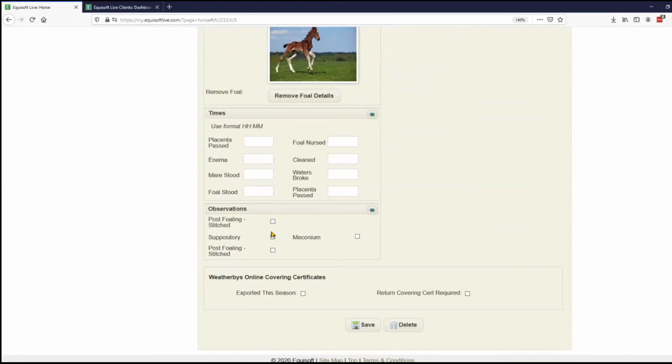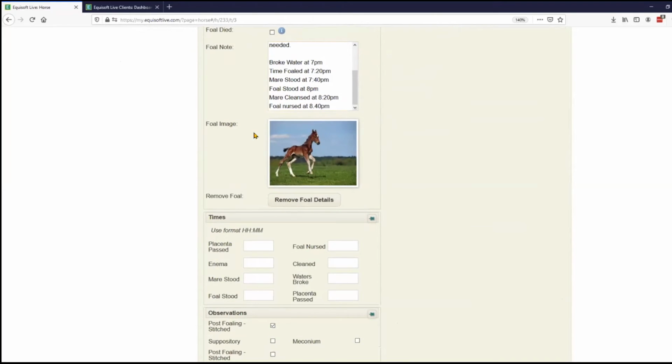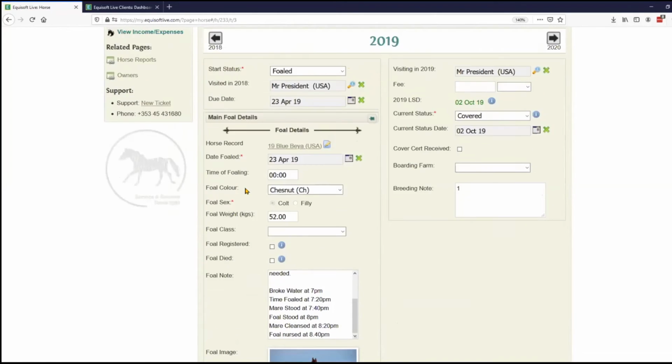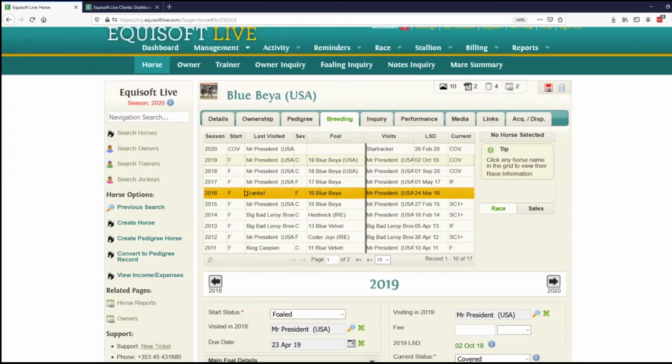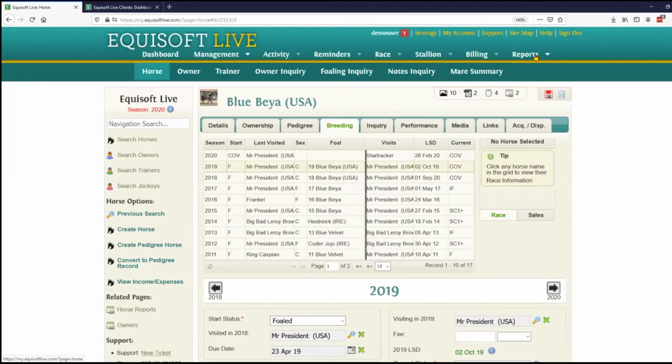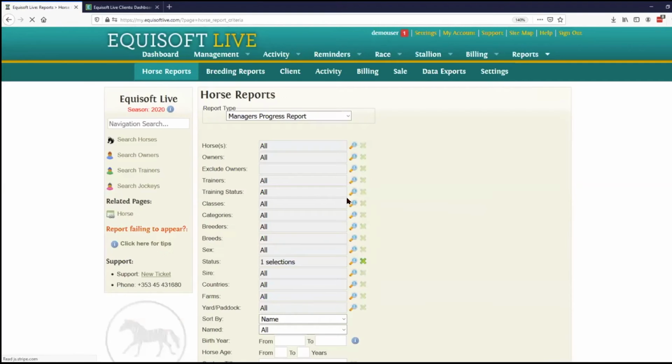These are all based on settings, so you can choose what items you want to show in here or not, and you record a foal photo as well. So that's that screen. So again, I'm only lightly touching on reports here, but just so we have an example,